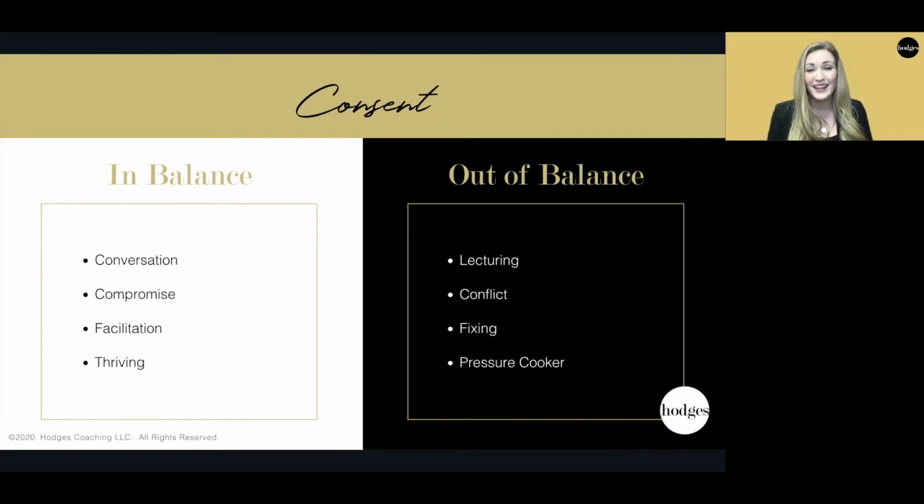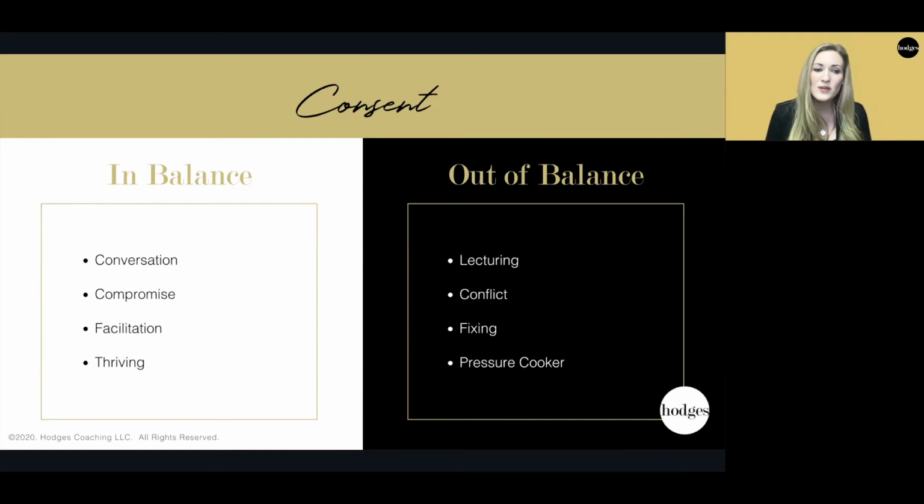Consent out of balance can also easily turn into manipulation because you just do what you want to do and ask for forgiveness later, or you phrase questions in a way that makes people feel like they have to say yes. Consent, when used in balance, and now I kind of wish I would have said this in the consent module because it's brilliant. Thank you very much. But consent used well lets people know that they can say no. Like, it is honestly genuinely okay if you decline me right now. That's how you know if you're asking consent, if you're really in balance with consent.